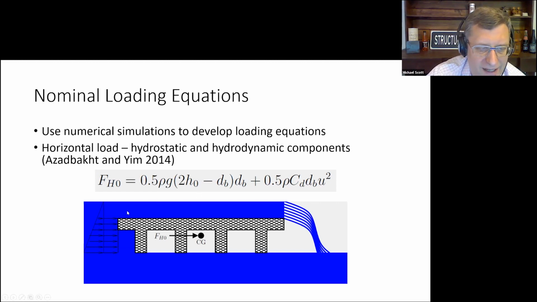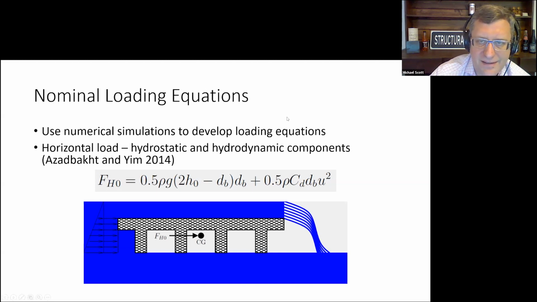that the nominal horizontal force resultant on a bridge was basically comprised of a hydrostatic component. That's what this first term here is. And then a hydrodynamic component, all right, which is based on flow speed. This U squared is the flow speed, all right, and then H0 is the flow height. Okay, so a very simple form of an equation, but